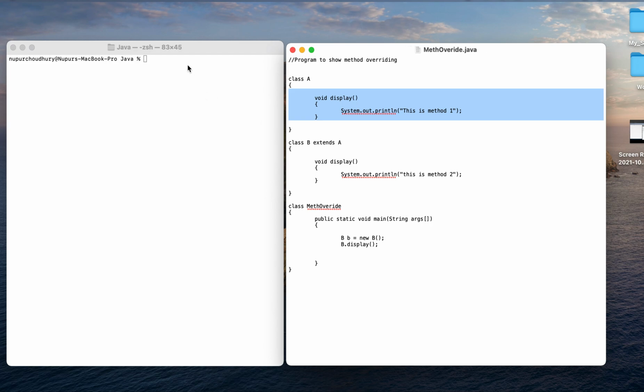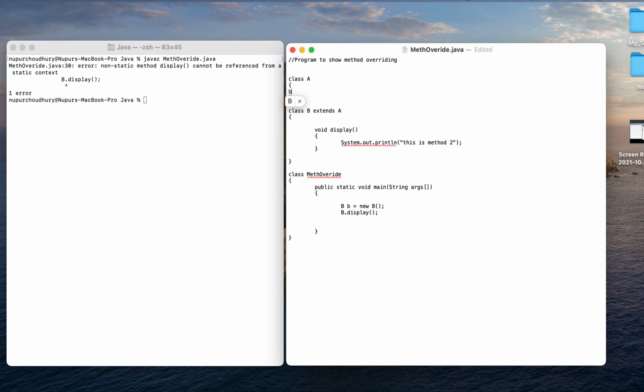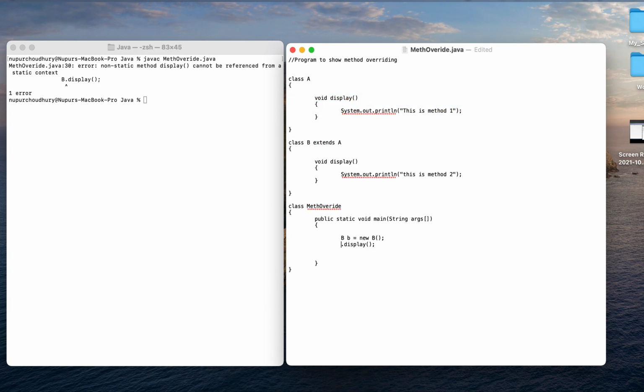Let me save this and compile it, javac MethOverride.java. I am getting an error here; this should be B, sorry. Now it should not throw any error.